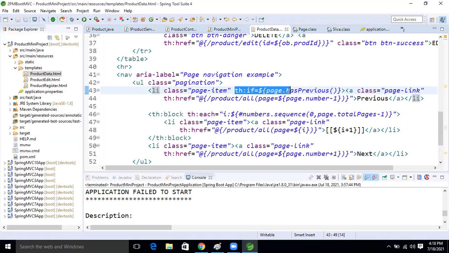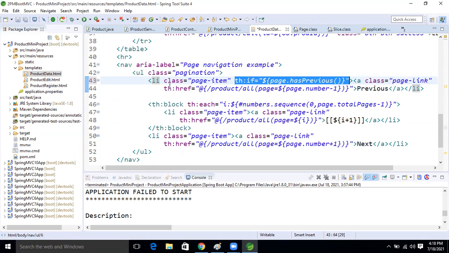After that, what we will do now? This one will be in the information. Now copy this one. Now class, right? This one is like a page link, right? Inside that li. Okay, come here.